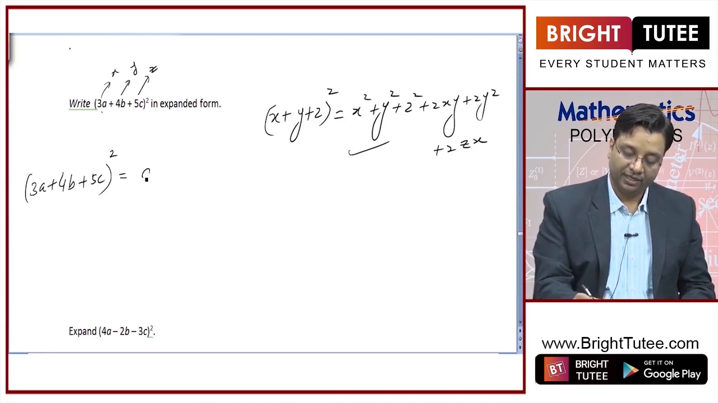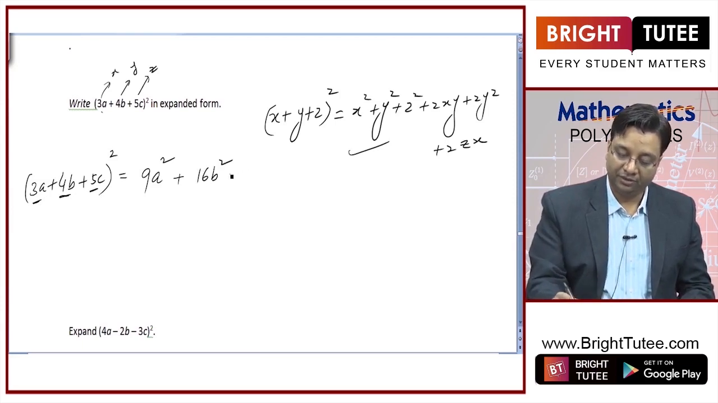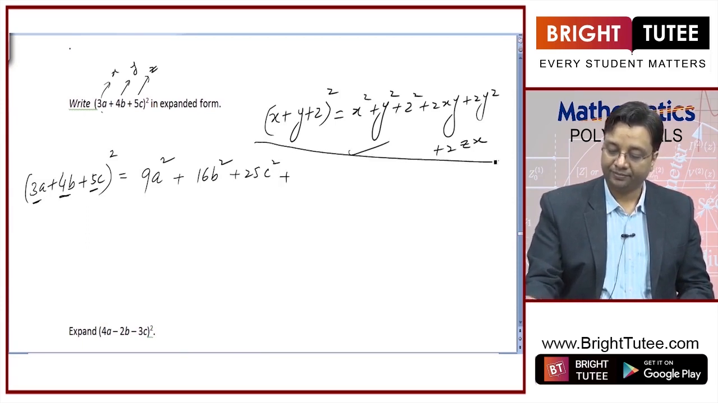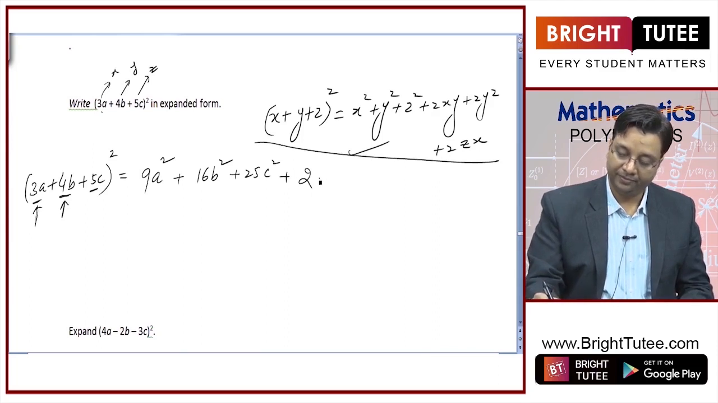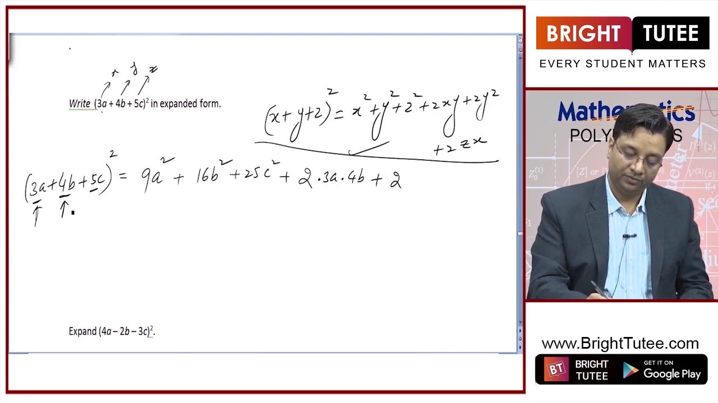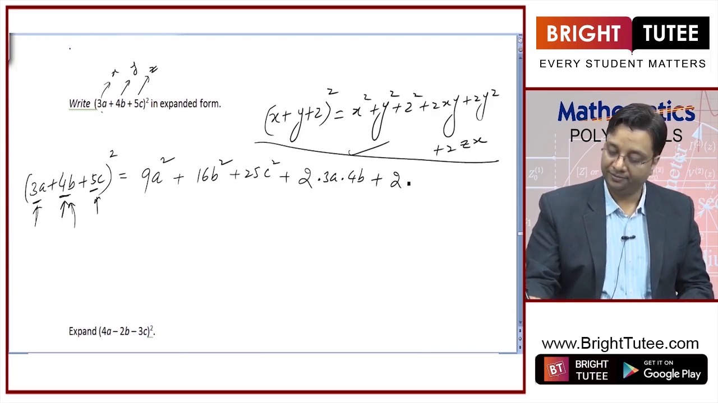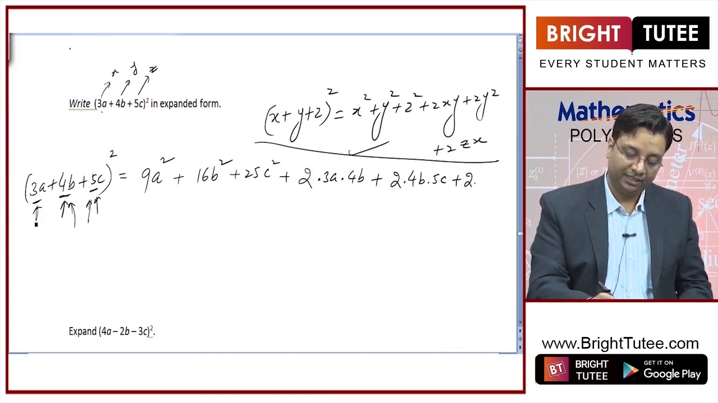equal to x square, that is 9a square, plus this squared will be 16b square, square of 5c will be 25c square, then 2 into 3a into 4b plus 2 into 4b into 5c plus 2 into 5c into 3a,